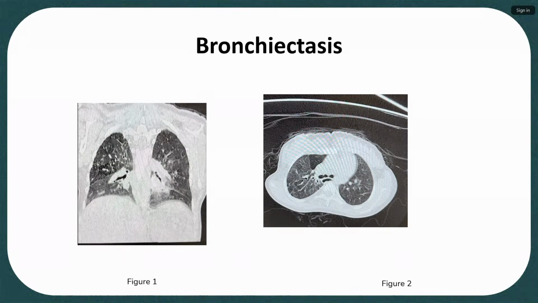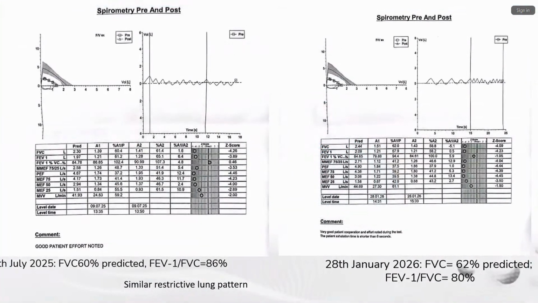What we wanted to understand was how this translated into functional lung performance over time. So we performed spirometry for her after the decannulation. On the left was from July 2025. Her FVC was around 60% predicted, with a preserved FEV1 to FVC ratio of 86%. This was consistent with a restrictive pattern, but we could not fully rule out obstruction as we did not do